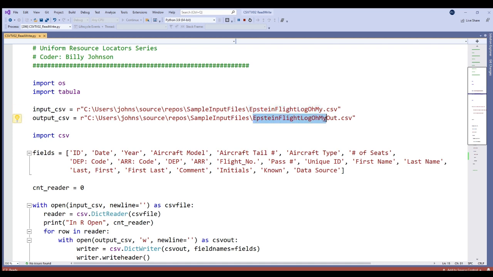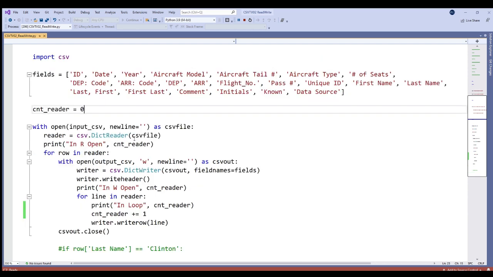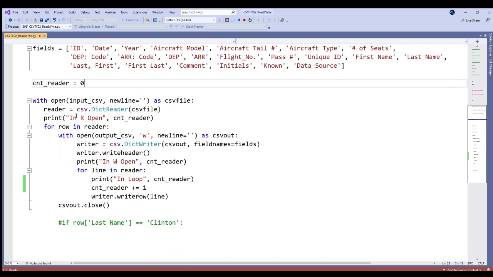Epstein flight log, oh my, out. Okay, we import our stuff. Here, for some reason, we can't get the header files off of the file, which I suspect we can. We just haven't learned how to do that. This is just a little internal thingy that I put in to keep track of how many records go through this thing. And here we go. We're opening up the file that we want to read, the input file, right? That's what this open does here. And this second open here